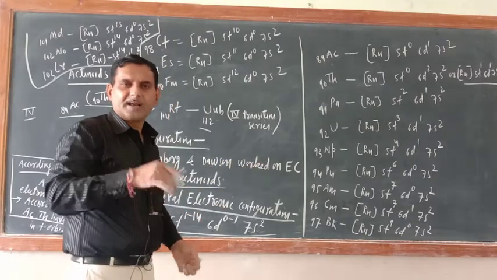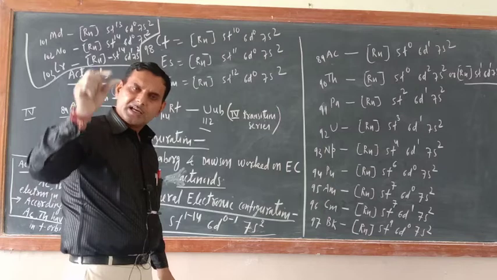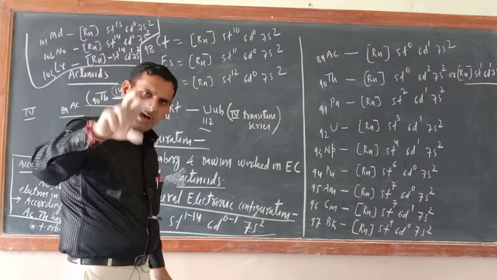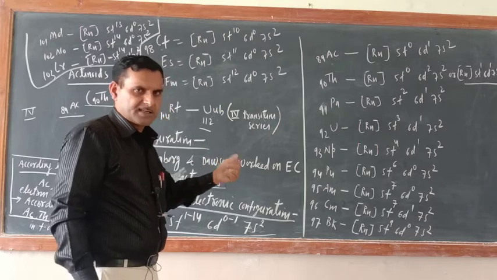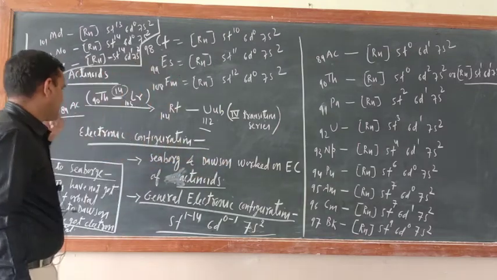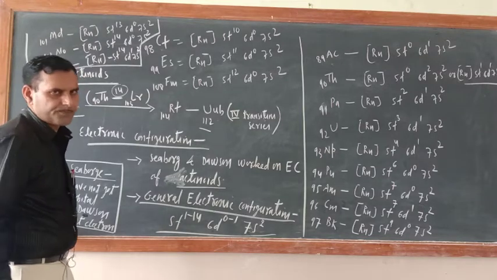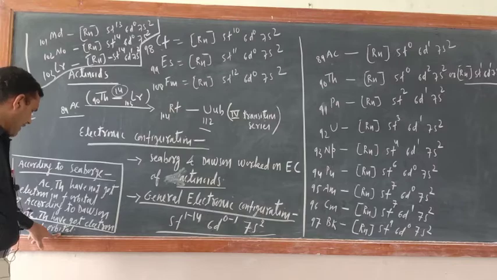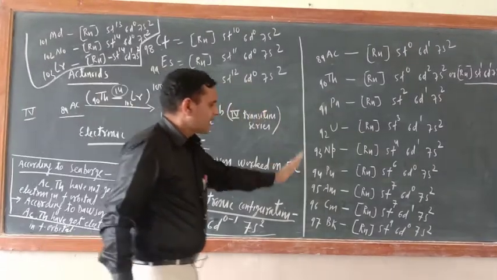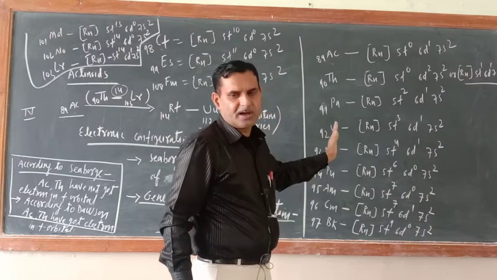Just see, somewhere d has an electron and in most places 6d does not. Where does it get the electron? Where the 5f orbital is either half filled or fully filled, then only 6d has the electron, otherwise it hasn't. Now some important information. According to Seaborg, actinium and thorium have no electron in the f orbital, but according to Dawson, actinium and thorium have an electron in the 5f orbital. So this is the consensus view on the electronic configuration of actinides.